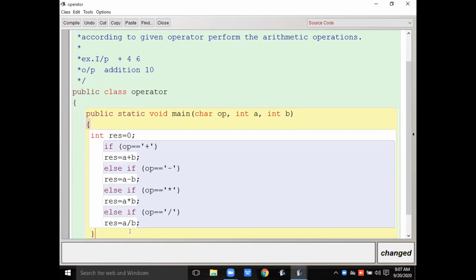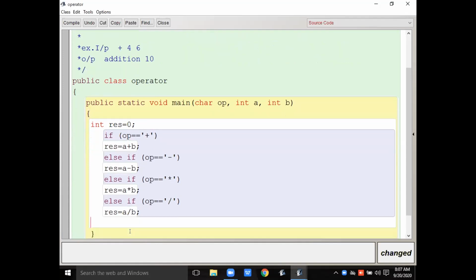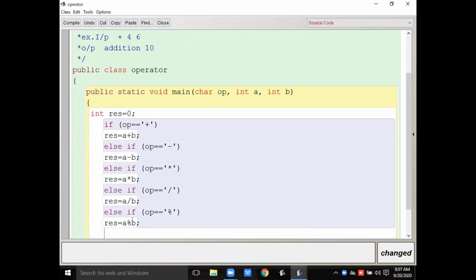And if the given operator is modulus, then you will give modulus, meaning remainder. And if the user gives any other operator, then you can give 0.